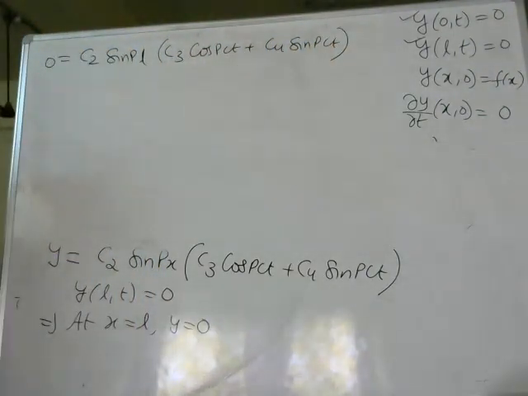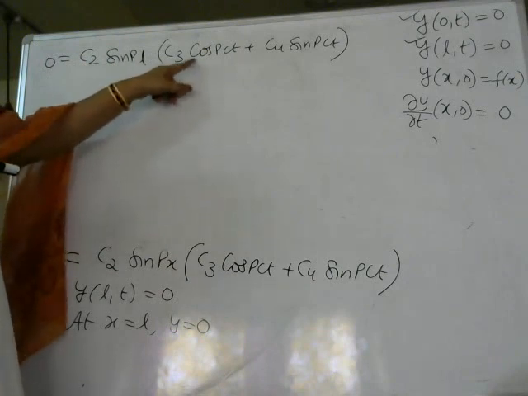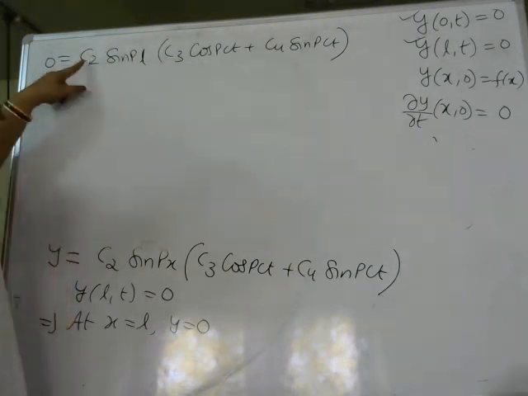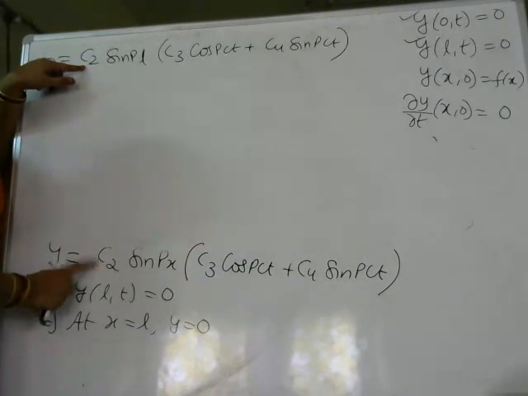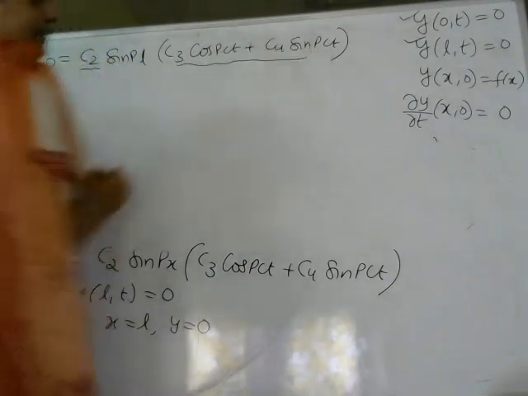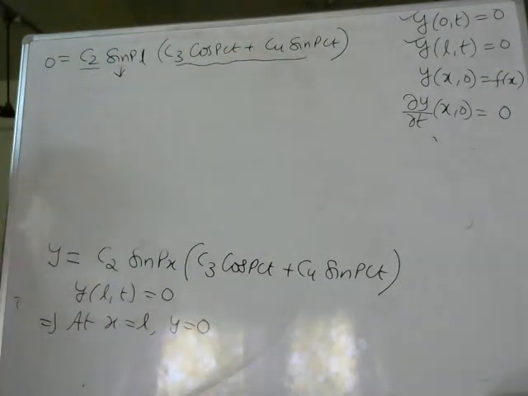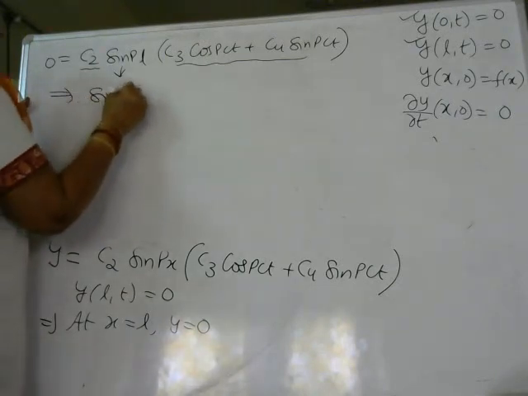Now see carefully here. We have combination of 3 terms, C1 as zero. This can't be 0. If this is 0, completely y becomes 0, there is no meaning in that. If you take C2 also as 0 in this solution, again completely y will become 0. Again there is no meaning in that. So this can't be 0, this term also can't be 0. What is the only remaining term we have over here? So this is the only term we have which becomes 0 over here. So implies sin PL is equal to 0.